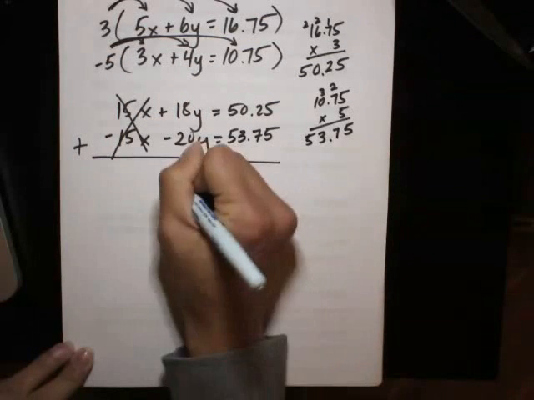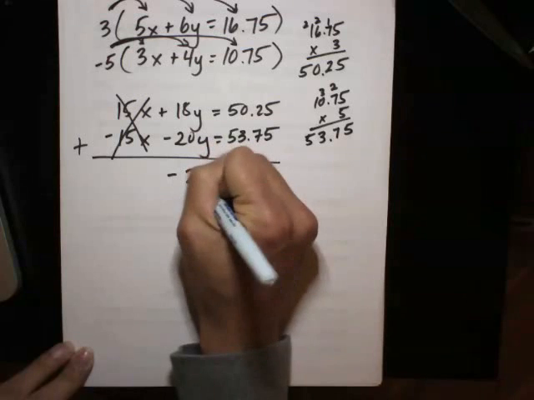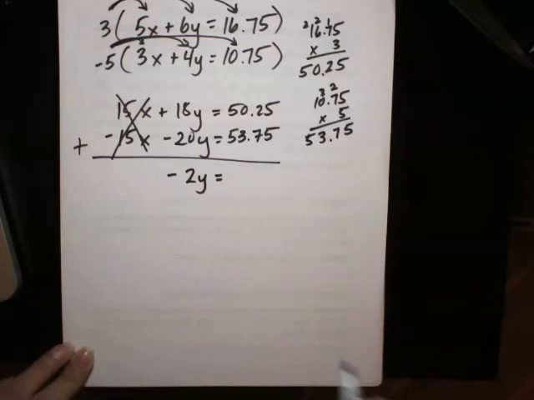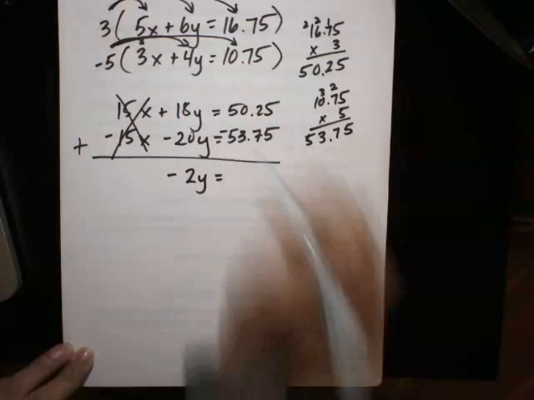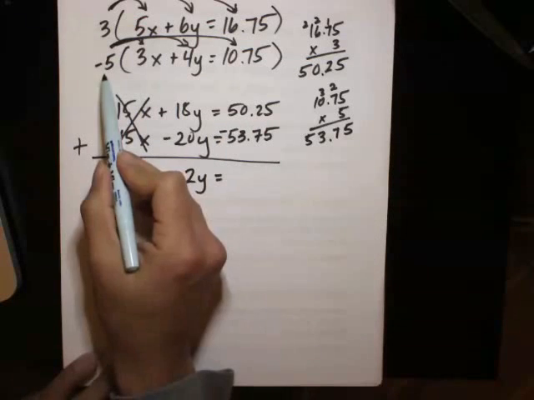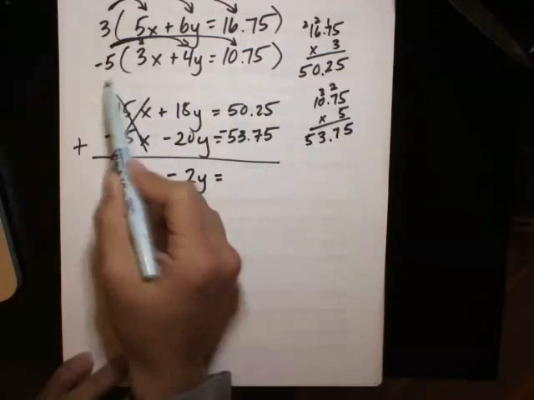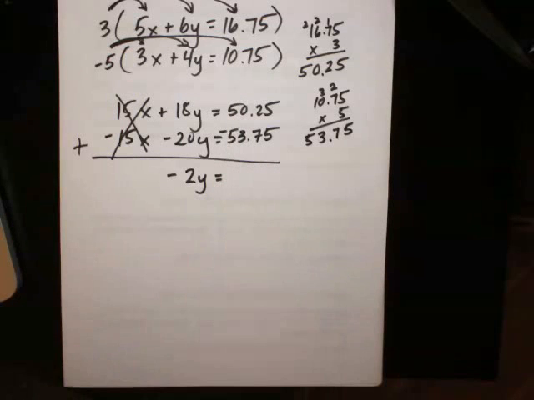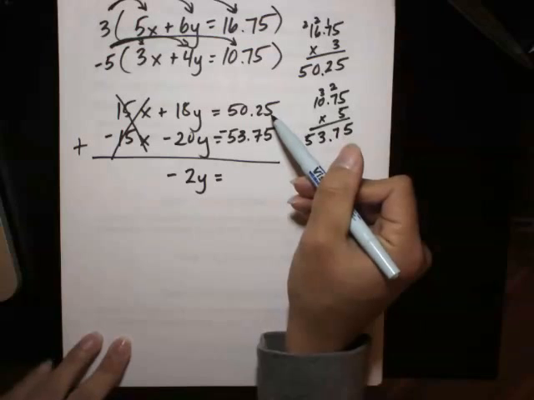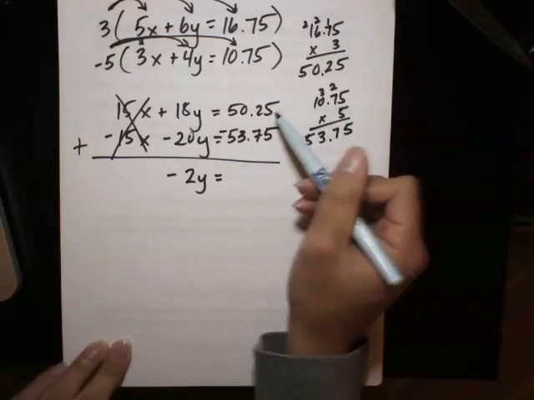x. I'm left with a negative 2y equal to, oh, I forgot my negative sign. Okay, when I multiply the negative 5 to the $10.75, it's a negative times a positive, so I should have my negative sign there. Please double check that you have the same. Okay, so now we are adding a positive $50.25 to a negative